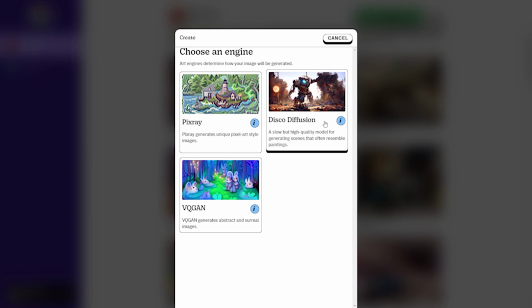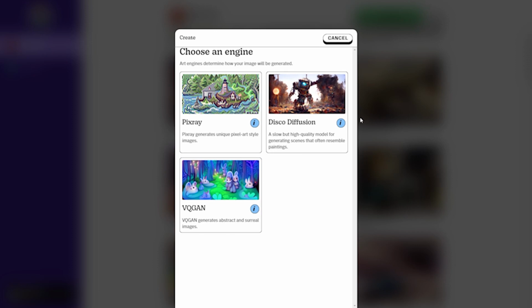So Disco Diffusion, let's talk a little bit about this one. Disco Diffusion is the one that I think is probably the most powerful in terms of landscapes and architecture, city scenes, that sort of thing. And I have just been having so much fun using it because it always looks so much like a work of art. And that's what I think these other two don't quite have nailed in such a clear way,